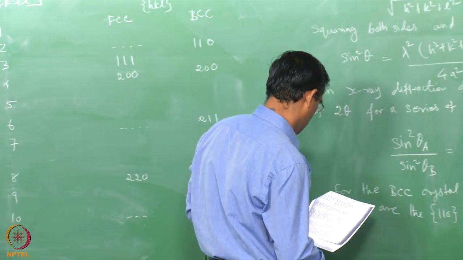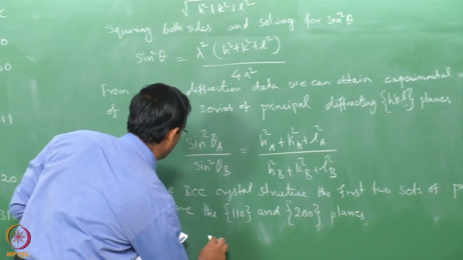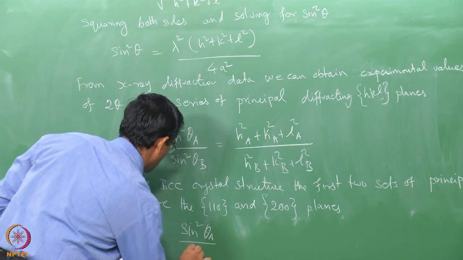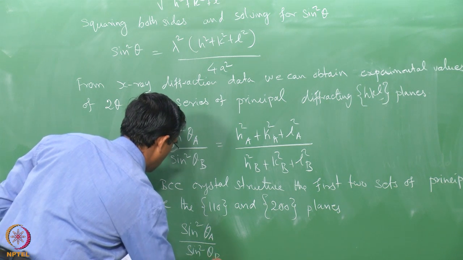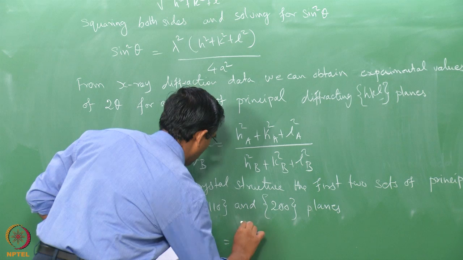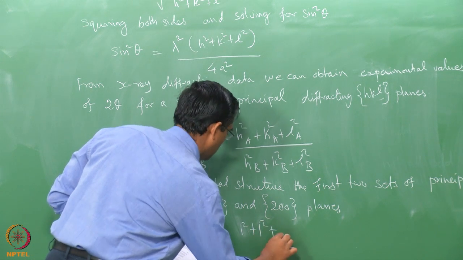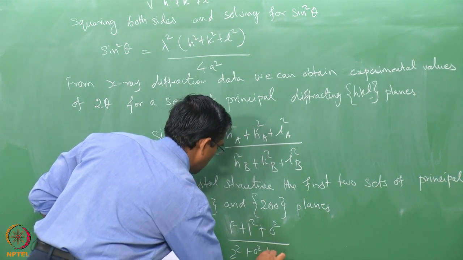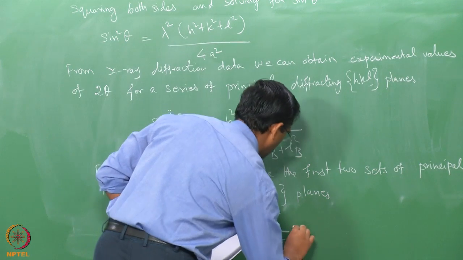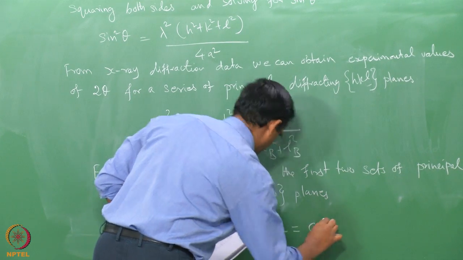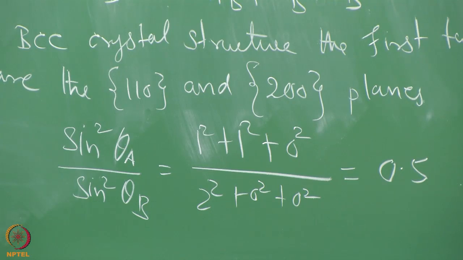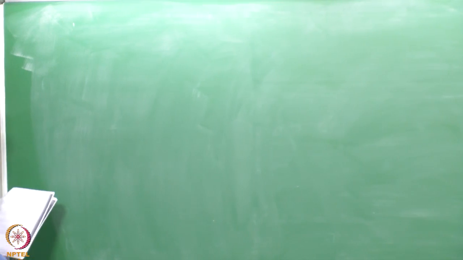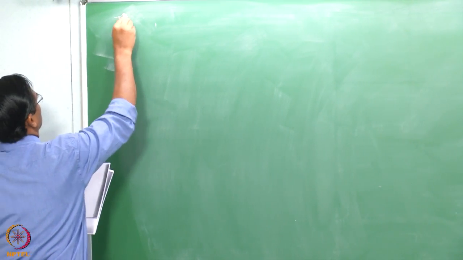So, we can write 1 square plus 1 square plus 0 square over 2 square plus 0 square plus 0 square is equal to 0.5. So, now we can write from this